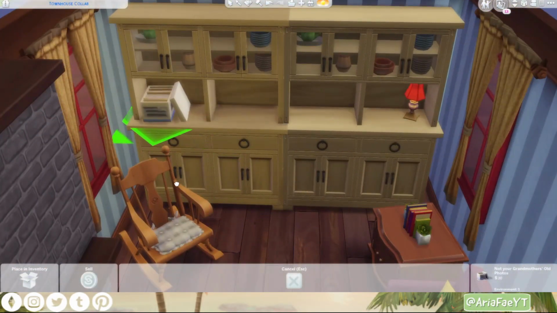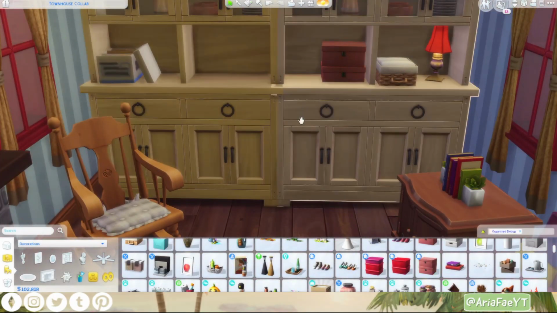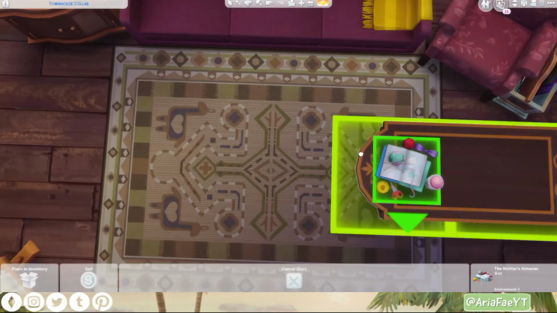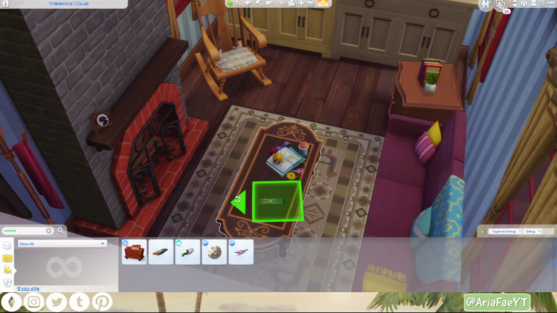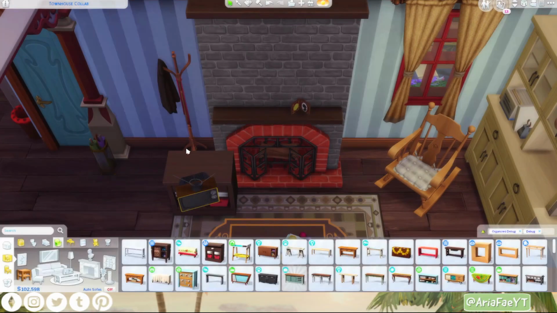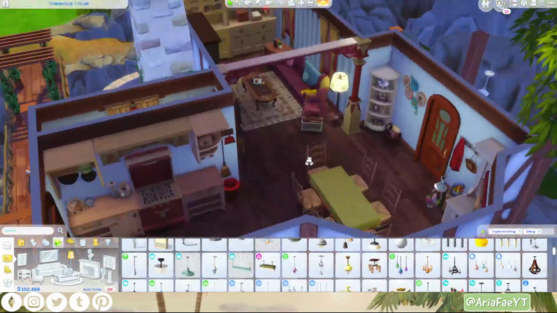So I've added a couple of bits and pieces from the decorator pack. I know that everybody loves this pack, but I've actually had real trouble trying to use the items from it, and I don't know whether it's just me being impatient or whether it's just not a pack that I, I don't know, it's not my favourite. I do really like it, and I like the colours and I like the items, but I just found it